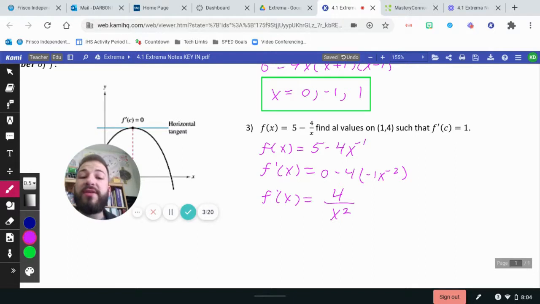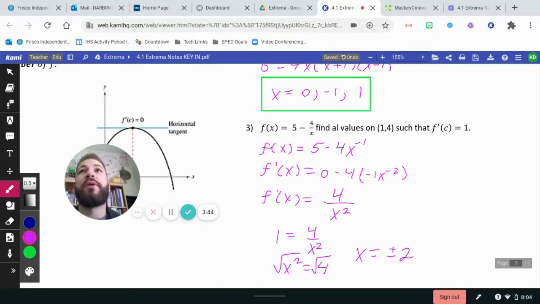Okay. Now I want to know when this is equal to 1, not when it's 0 or undefined. If it was 0 or undefined, I would say, well, 0, because 0 would make it undefined. But I want to know when it's equal to 1. So 1 is equal to 4 over x squared. Multiply the x squared over. We get x squared is equal to 4. Take a square root, and we get x is equal to